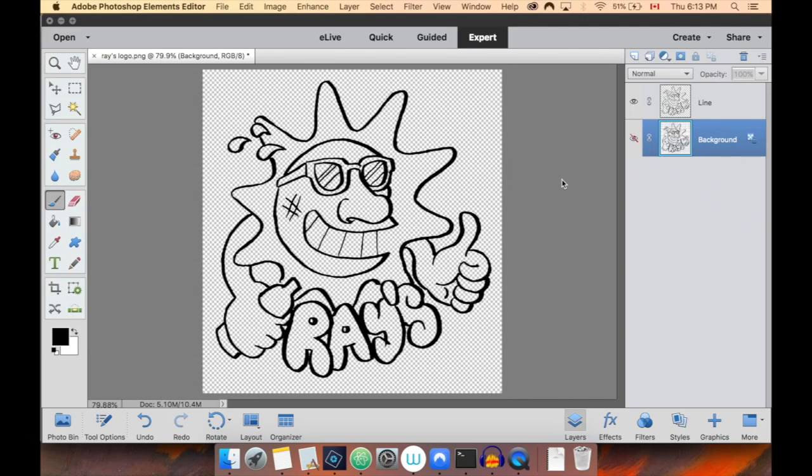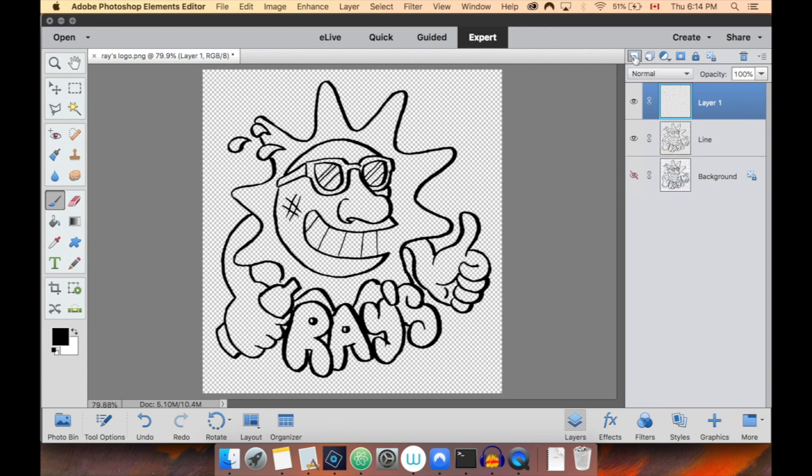Welcome back. In part 2 here, we're going to go step by step on how to add color to our image. So we have our line art. Let's start by adding a new layer. So once again, it's this button up here, create a new layer. And I'm going to double click on the name of the layer, and I'm going to call this layer color. So let's make sure this layer is behind our line art because we want our color to be behind the